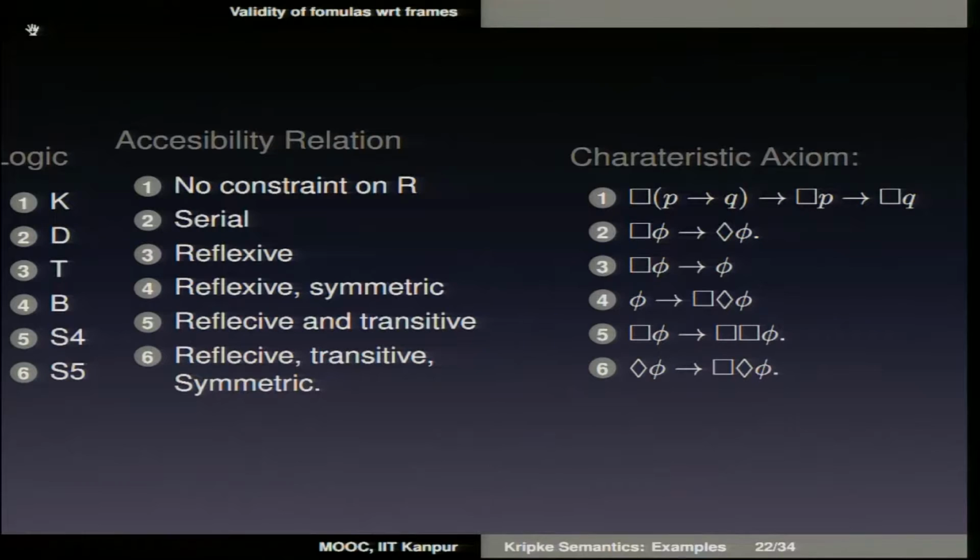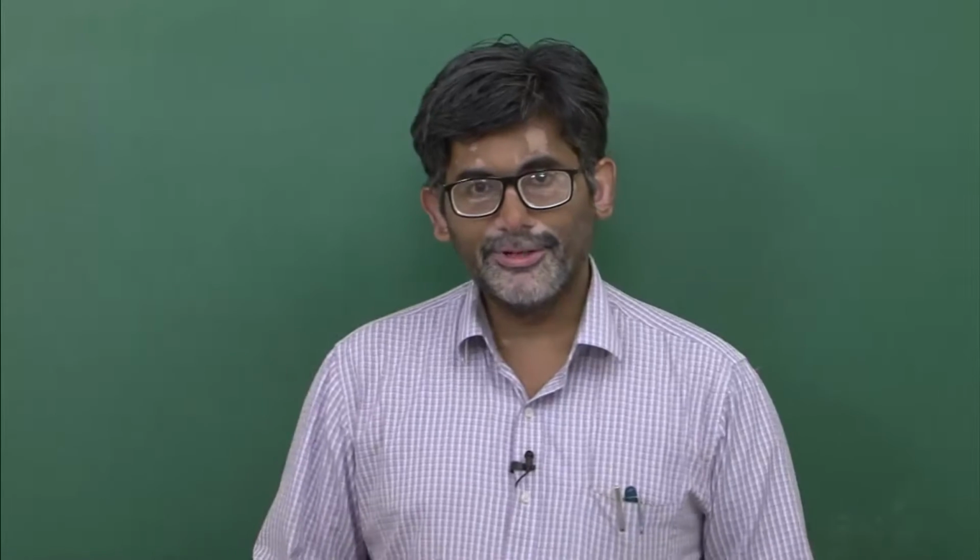So we have different axiomatic systems K, T, D, S4, S5, etc. While constructing the tree diagram for these, while negating these formulas, we will see what kind of constraint we need to impose so that the branch closes. Before that, I need to talk about some of the important tree rules. All the tree rules with respect to propositional logic are intact, but we need some more rules with respect to necessity and possibility.